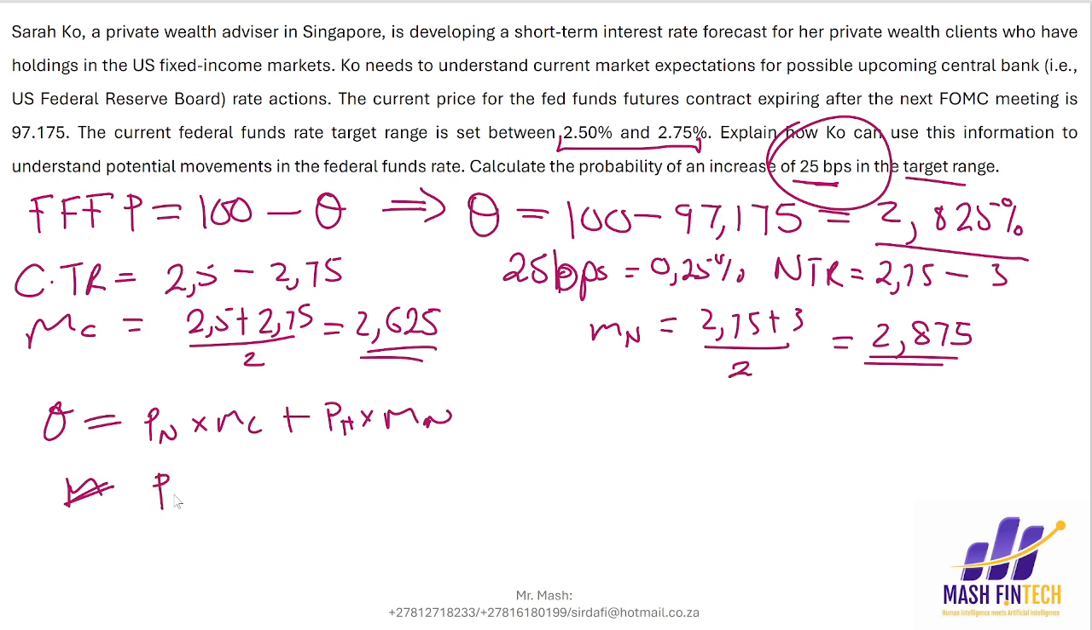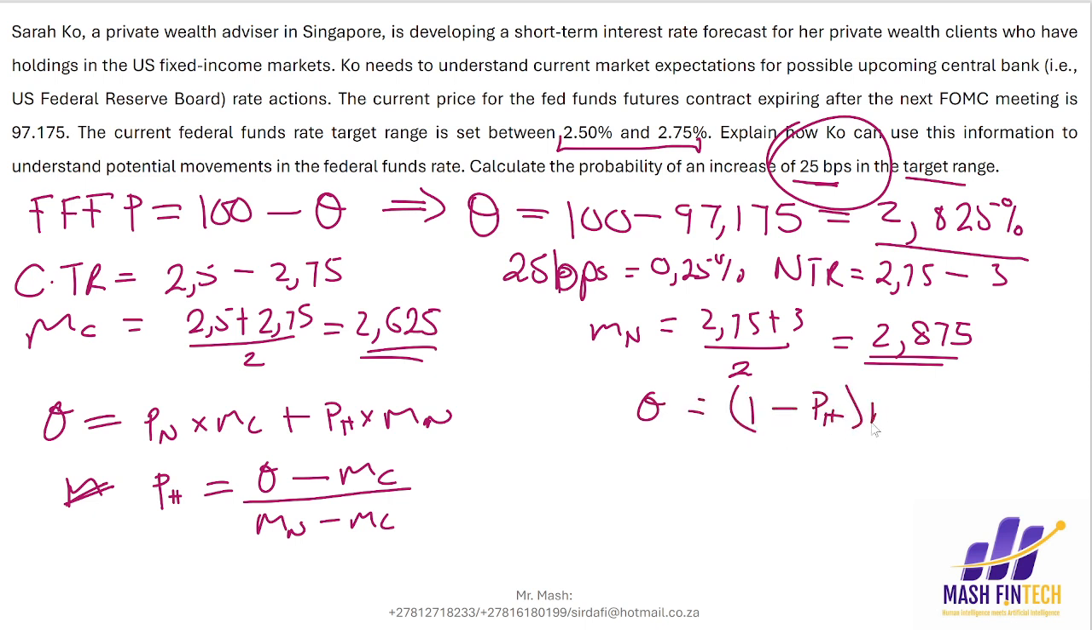So the 1 minus pH, if you make the pH the subject of the formula, pH would then equal to this new, this effective federal funds rate minus this one, the current, over the midpoint of the new minus the midpoint of the current. This is the formula that you get, right? If you simplify this by just saying theta equals 1 minus the probability of that hike times MC plus pH times Mn, and then you solve this, you make this probability of a hike the subject. Our theta is here